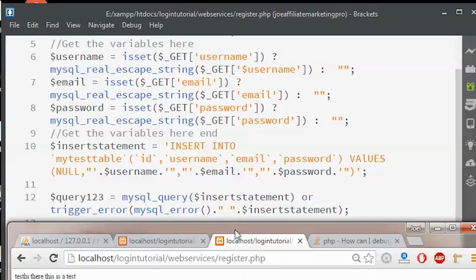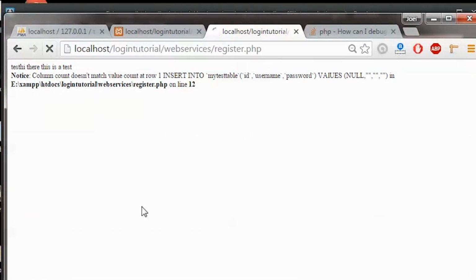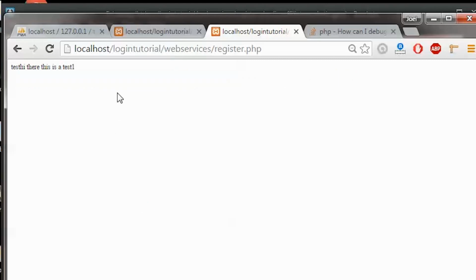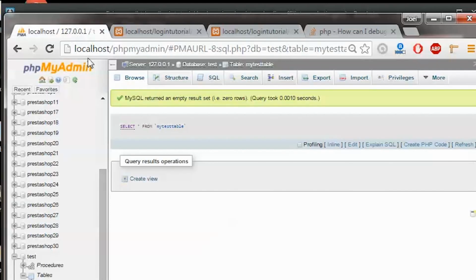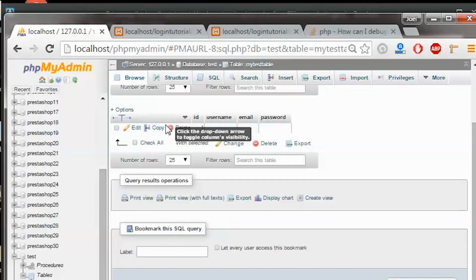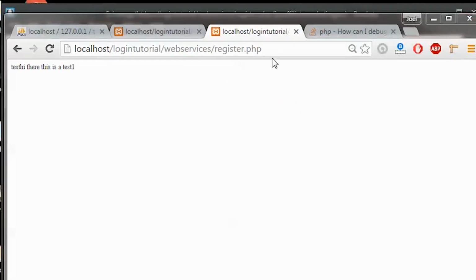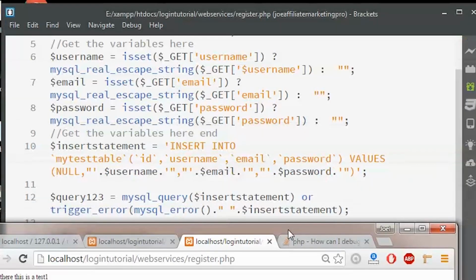Control S. So now let's try refreshing the page and let's see if we still get any errors. Okay, so now there were no errors. Let's see if any value has been inserted. Yes, we see that there are some blank values being inserted. You can see this row. This is the blank value that was inserted because we ran this code. So moving on to the next section,